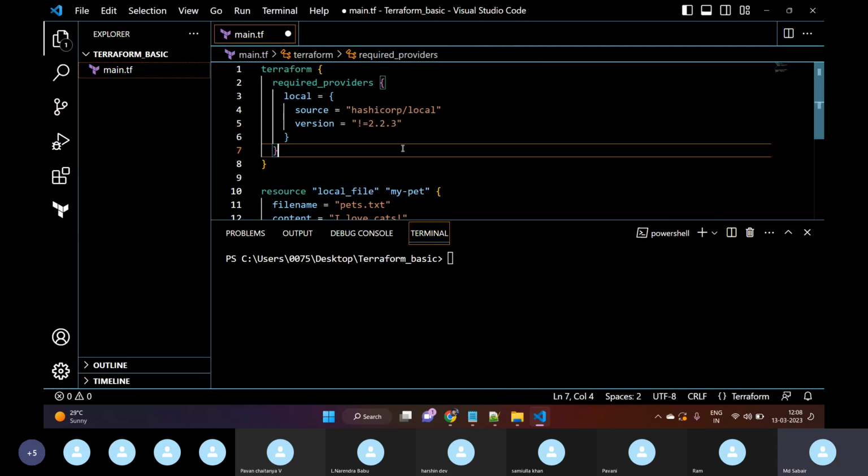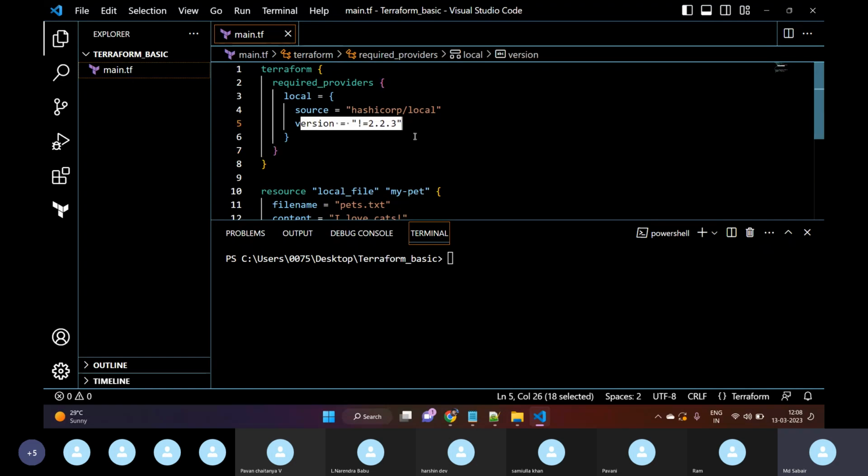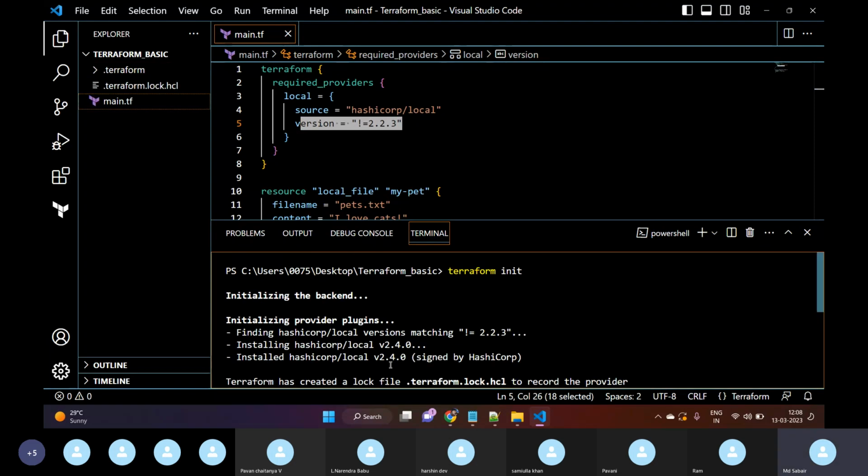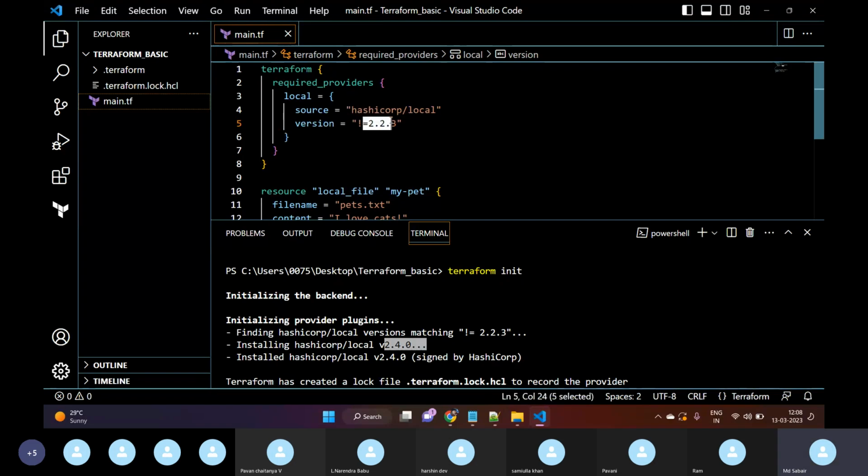Okay, so what I'm telling Terraform is to download the source, but the version should not be equal to 2.2.3, means apart from that you can download anything. Okay, in init, what Terraform is doing, Terraform is trying to download the version 2.4.0. It is not downloading the version 2.2.3. It can download any version apart from 2.2.3. So similarly, we have